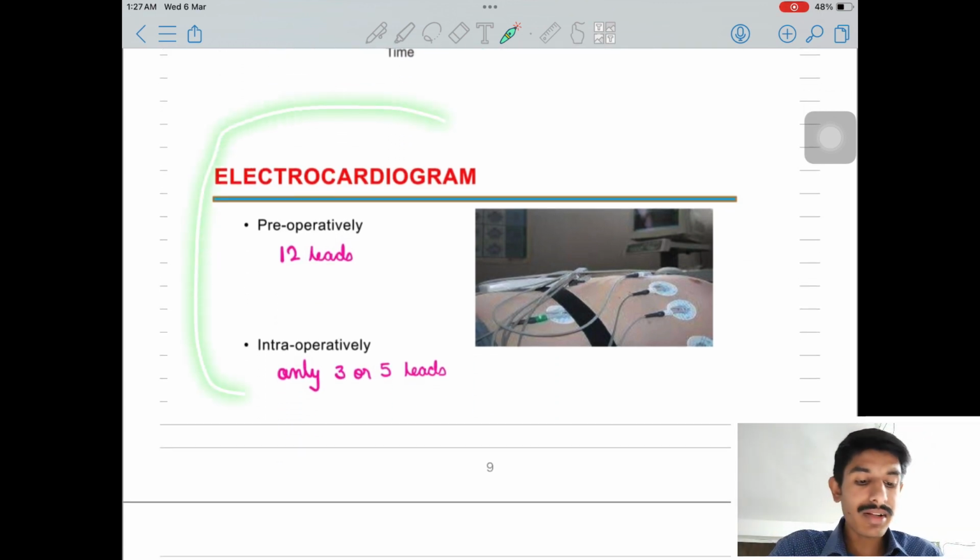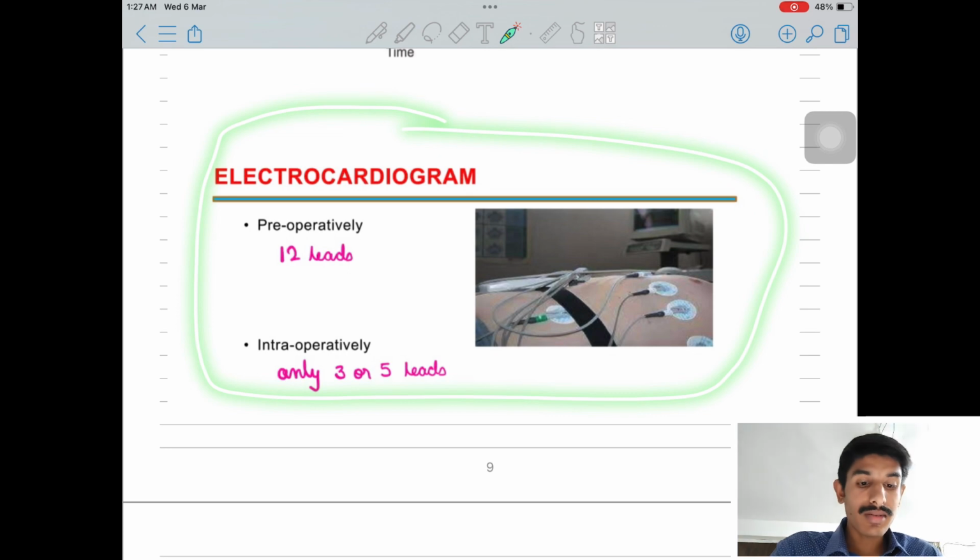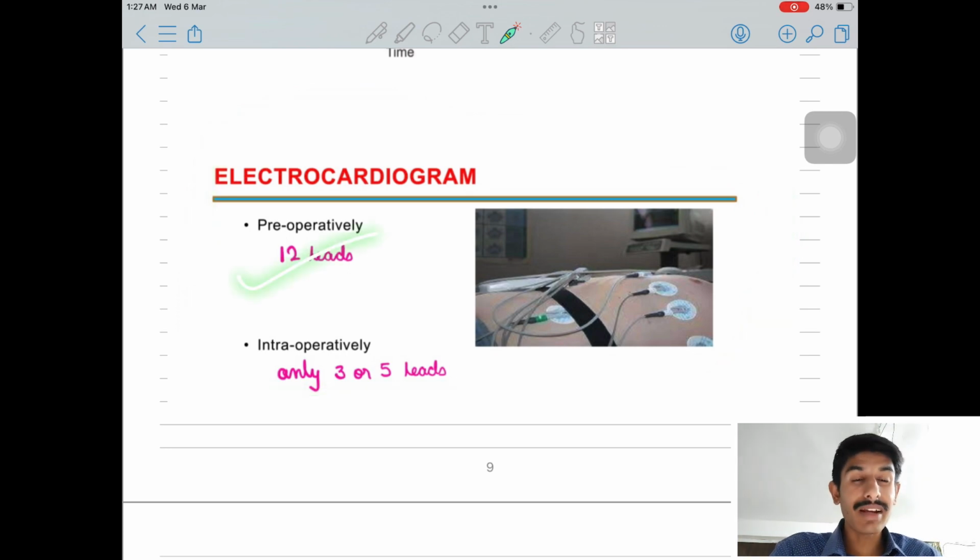The cardiogram we will talk about in the next part, because the chest leads and whichever leads we use were already taught in our ECG part. If you know what the limb leads and chest leads are, I also taught this in the ECG video, but still I will teach you here.